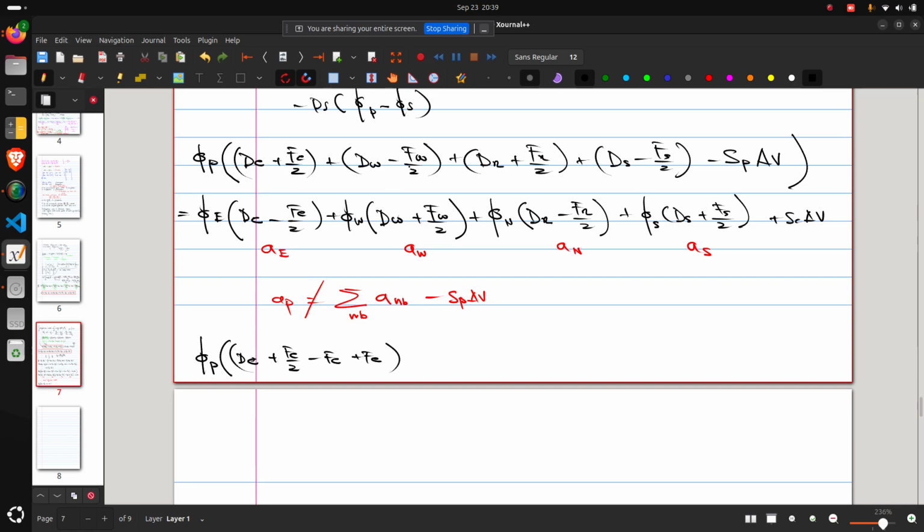Similarly, in this way we just have to add Fw and we have to subtract Fw as a consequence. D small w plus, sorry,